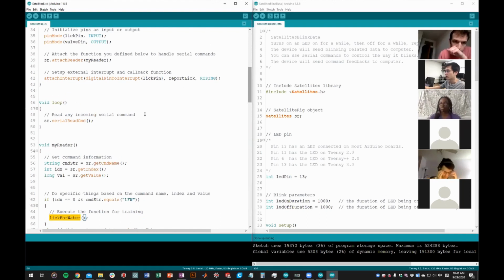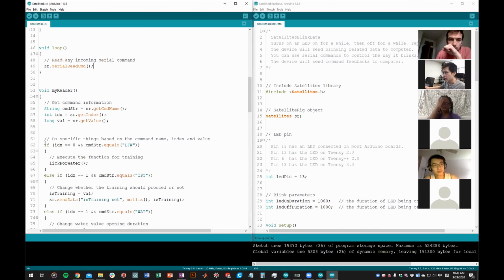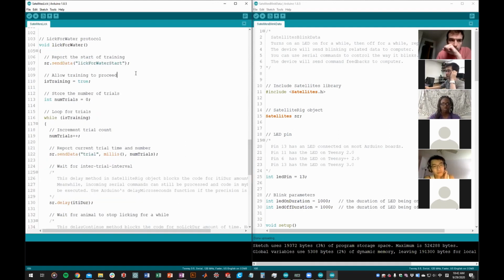So then how is the code executed? When it's running, the code in the loop is being looped continuously, but most of the time there's no incoming command, right? It's just passing by again. But once we type in LFW, the code goes into the if condition and then starts running this function. Inside the function, we notify that